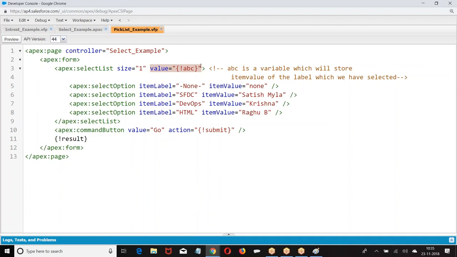That value is stored in a variable. That variable we are going to use in the logic. Was that clear? Right? This was a confusion in yesterday's class. I hope you are clear with this. That's the reason I told you, when you go to Apex server side operation, we'll understand how the item value will be used. Now we got this item value. I will perform the operation as per my requirement. I hope you got my point. Clear? Everyone is good? Any query on this? Everybody has followed? Okay. Now, the next point.